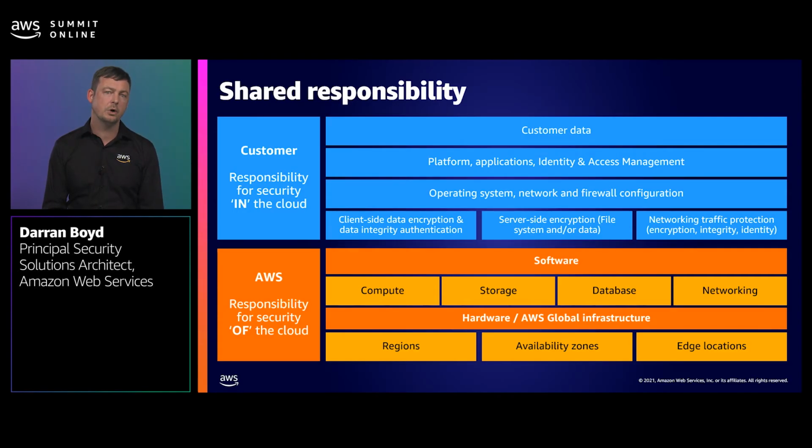AWS takes care of what we call security of the cloud, which is the orange portion here at the bottom. This is our global infrastructure, our data centers, our availability zones, our compute and storage platforms, and everything up to the hypervisor level. For the portion on top in blue, that is your responsibility as our customer and what we call security in the cloud. Here you get to make choices like, which operating systems do I use? What firewall rules should I be putting in place? Who should have access to this data? And should I be encrypting this data? With all of those choices come the associated responsibilities.